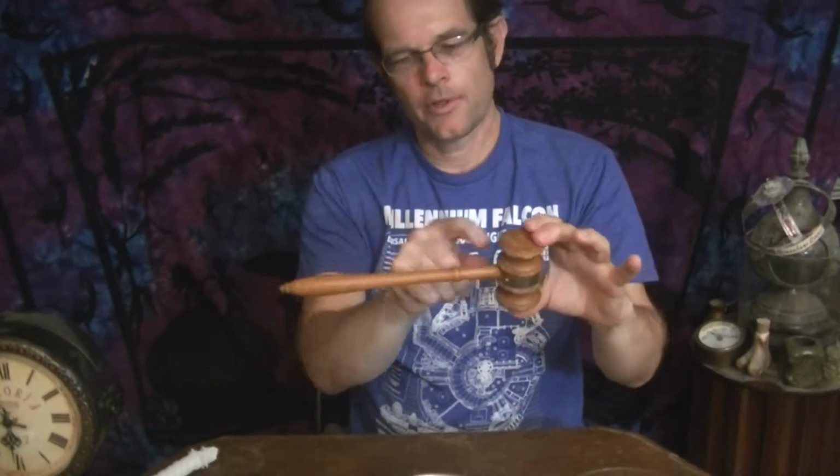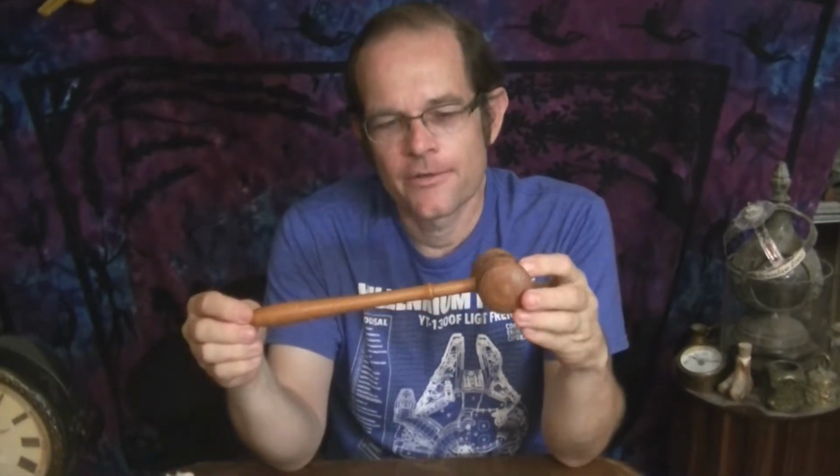Now this came to my attention because it was made out of wood from the White House. And I make magic wands. So I thought I would take this and pull off the handle and turn it down into a magic wand. And then it'd have a pine wand that had been part of the White House roof at one time, which would give it history, which sounded pretty cool. I'm glad I didn't do that. Because once I researched it further, I found out that these are pretty rare. This one was pulled out of the White House roof in 1927,